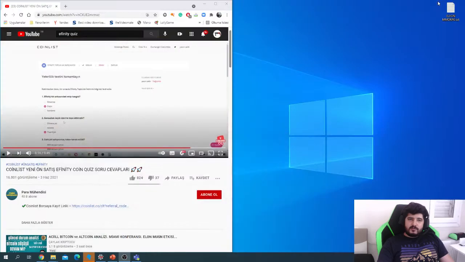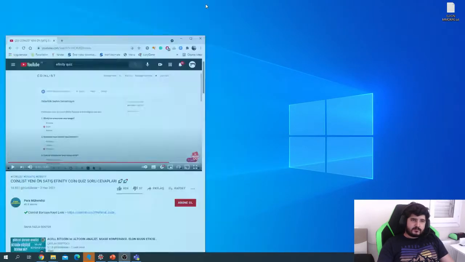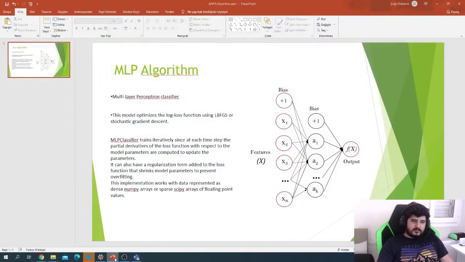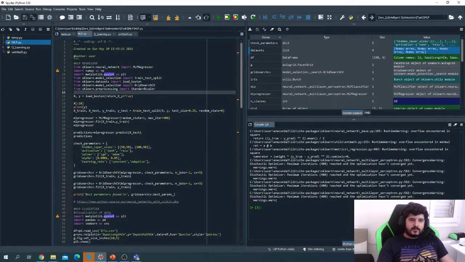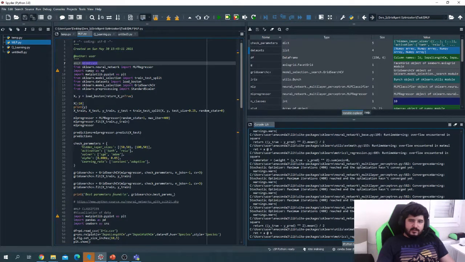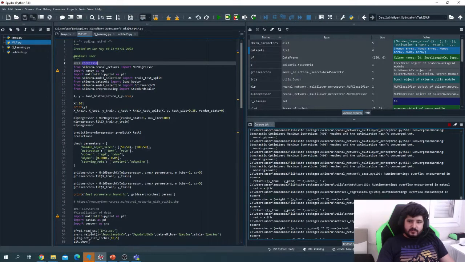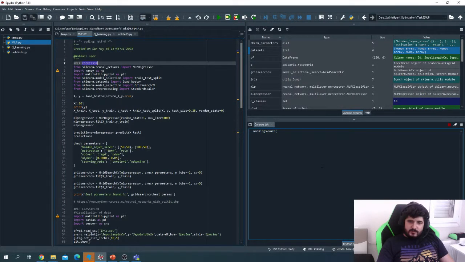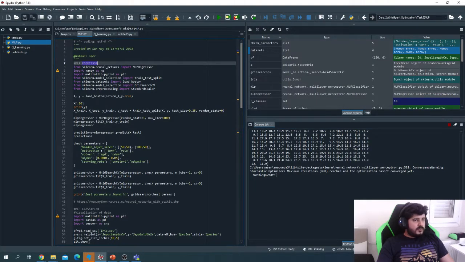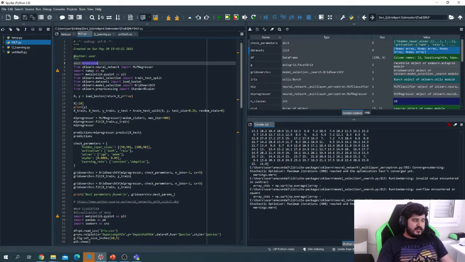Let's talk about the code side. Here, I used an MLP regressor and an MLP classifier in my code. Let's start the code from zero. For the datasets, one of them is the Boston House dataset, and another one is the